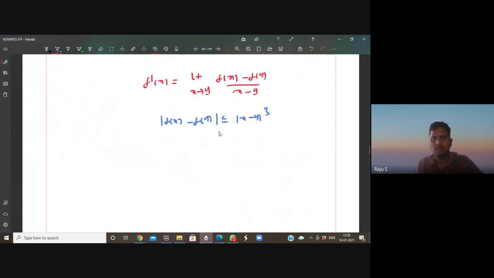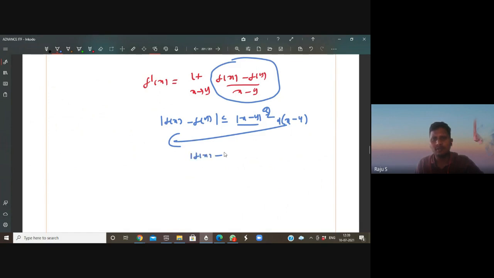So when I take here a whole cube, shall I write like this? Shall I write x minus y? Yes, we can write this x minus y. If I cross multiply here, what is the value we are going to get? We are going to get this value. When I apply the limit, f of x minus f of y by